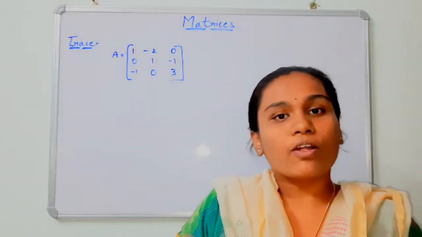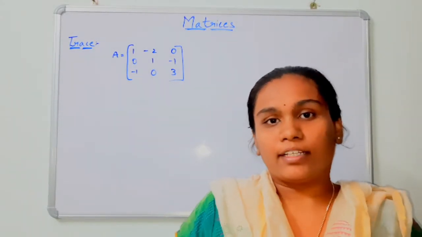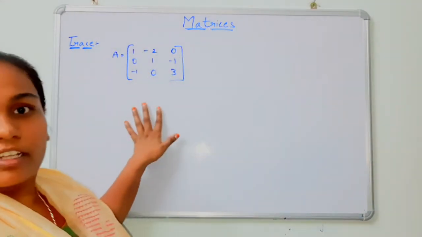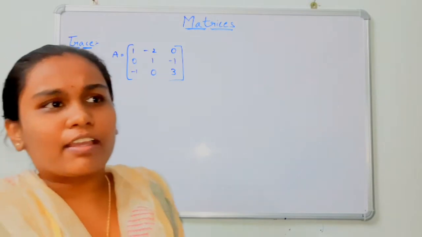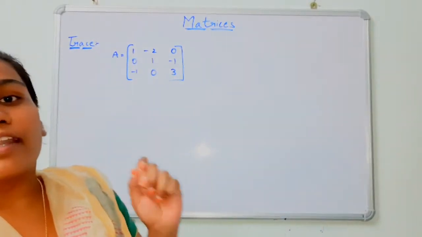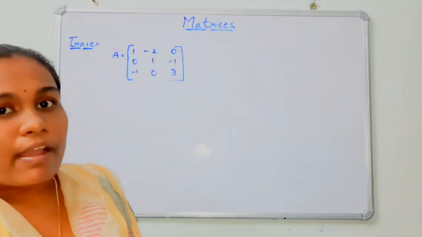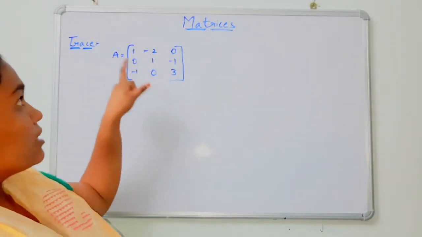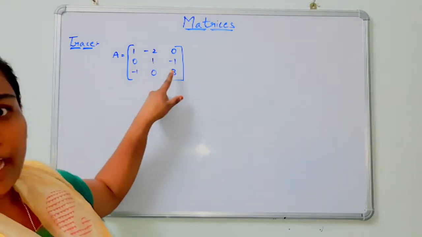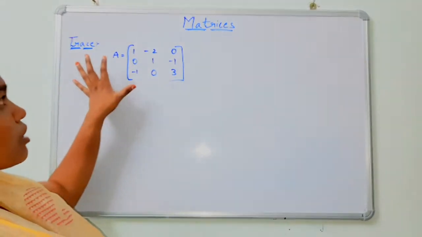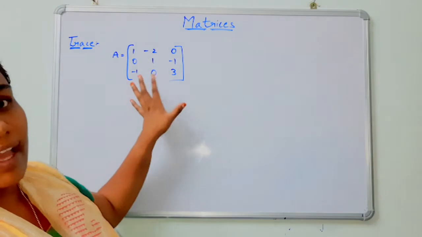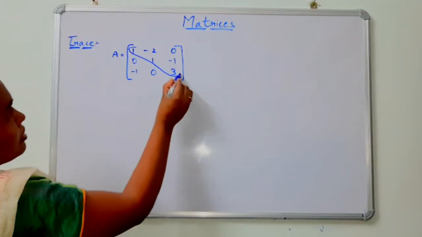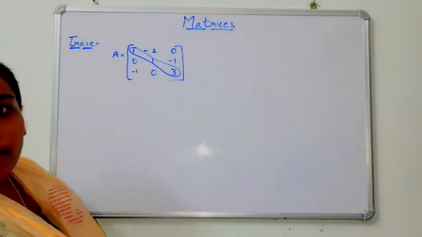Now in this session we are going to learn about the trace of a matrix. How to perform a trace of a matrix? So what is meant by the trace? Trace is nothing but the addition of the principal diagonal elements. What is meant by a diagonal matrix? A diagonal matrix is nothing but one which has elements on the diagonal basis. So the addition of those diagonal elements is known as the trace of a matrix.